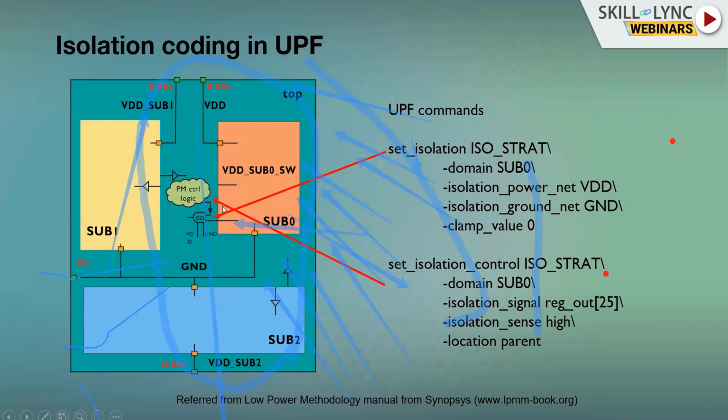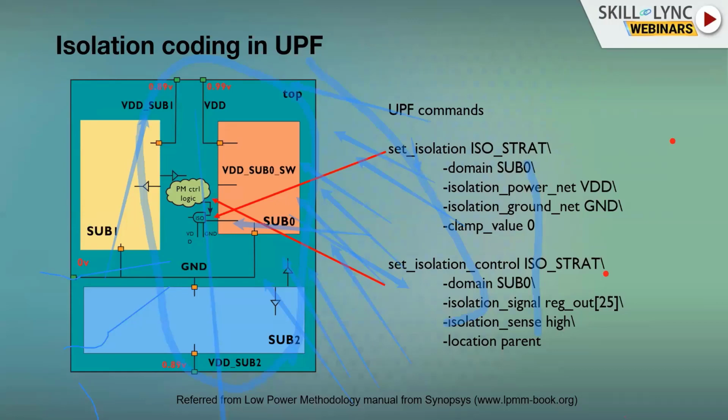If you see, we cannot place it in this domain. The reason is that this domain is going into off. That is the reason we are putting into parent domain. Especially whenever we're designing an isolation cell, we have to keep it in a more on domain. That more on domain, how to figure out, we'll find out from the PST table in the next slide.